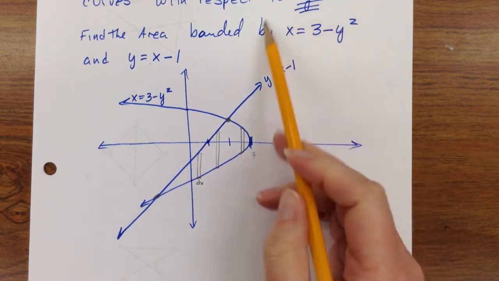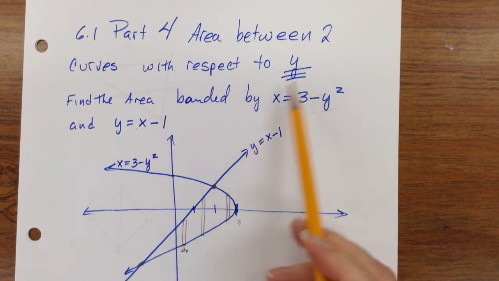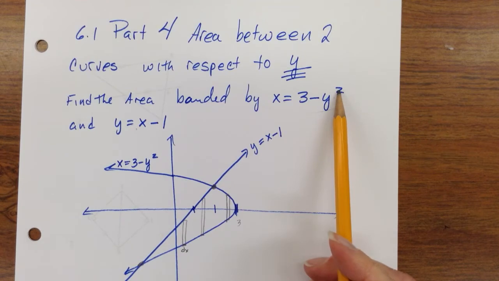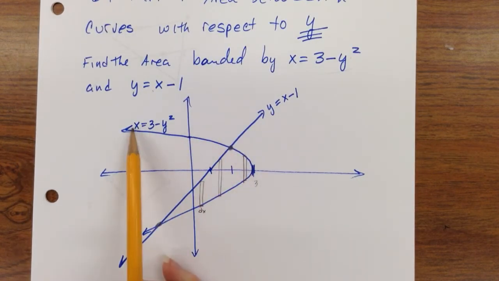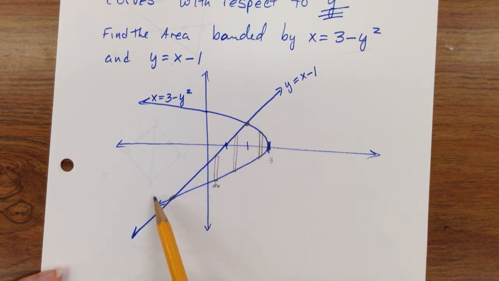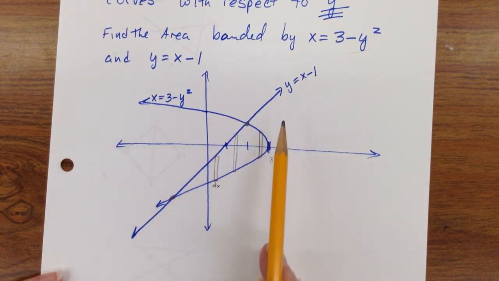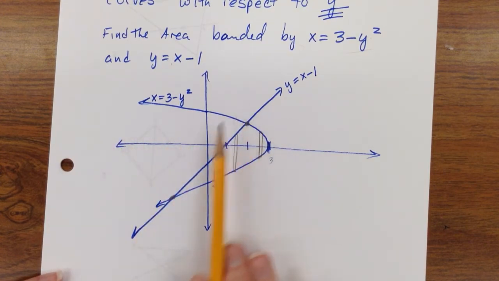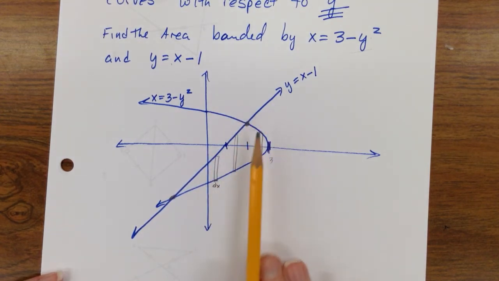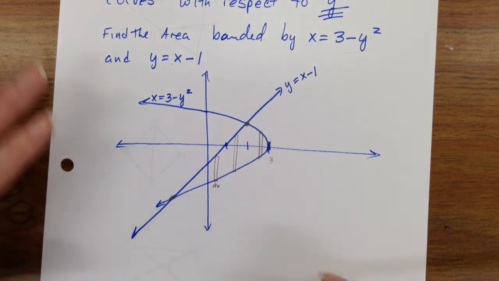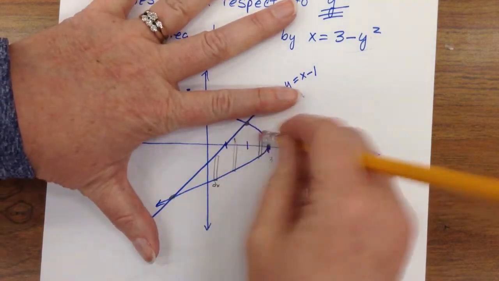We would have to take this equation and solve it for y, which would involve a square root with a plus or a minus. The plus would be the top half of the parabola, the minus would be the bottom half, and I'd have to set up two integrals. From here to there, line to parabola. From there to 3, parabola to parabola. It can be done, but it's a heck of a lot of work. Consider with me instead